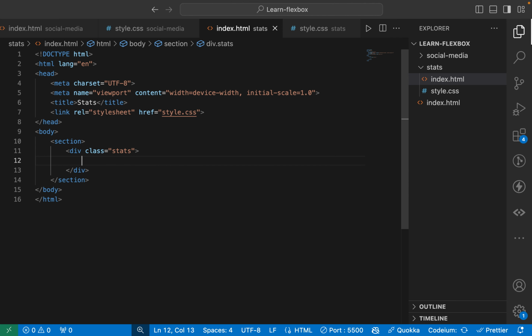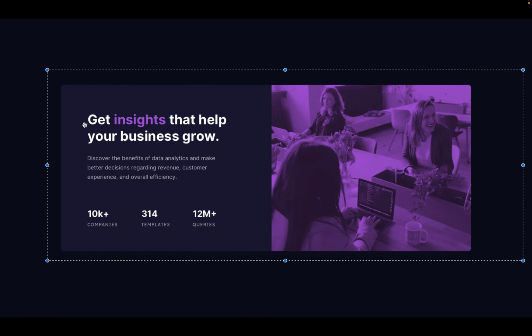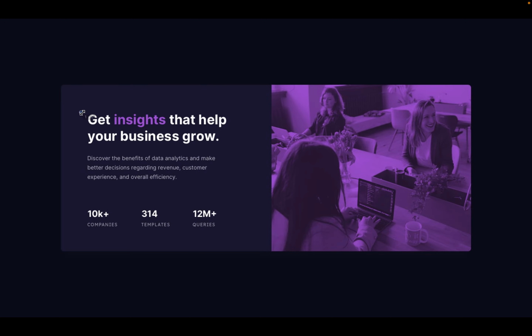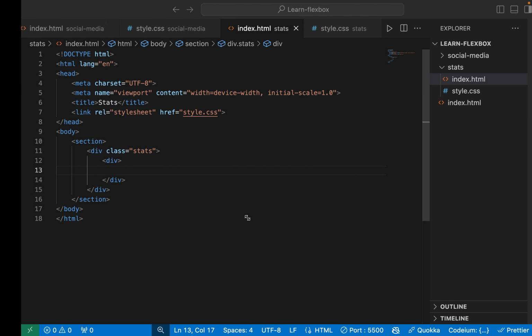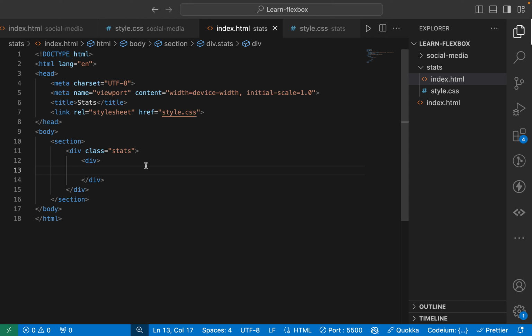start like this. Right, it's going to be a wrapper div, and then we're going to have another div. We're going to explain why we need nested divs like this. So I'm going to start with this. So I'm working on this right now. Alright, so the first thing is to